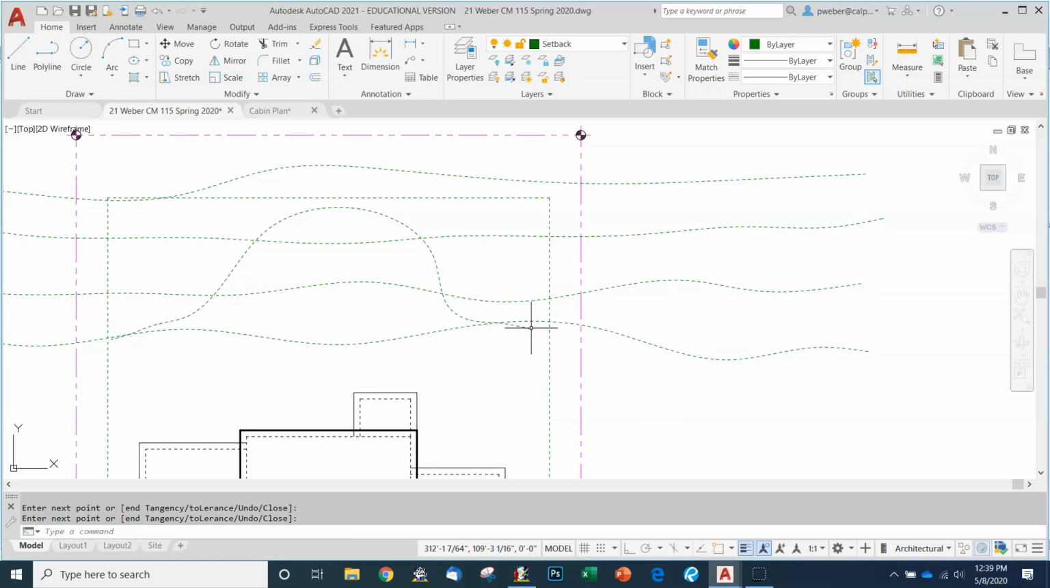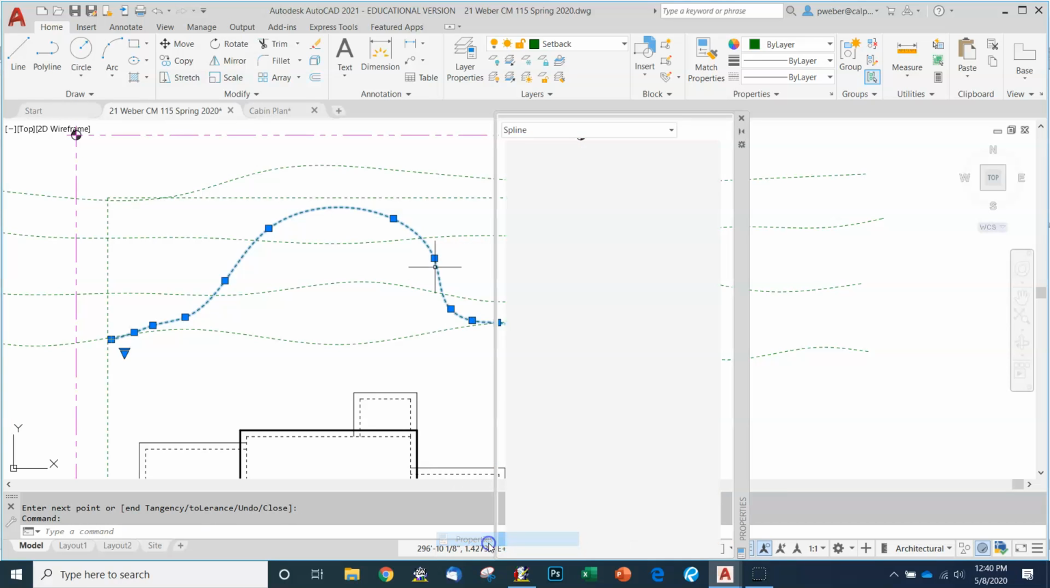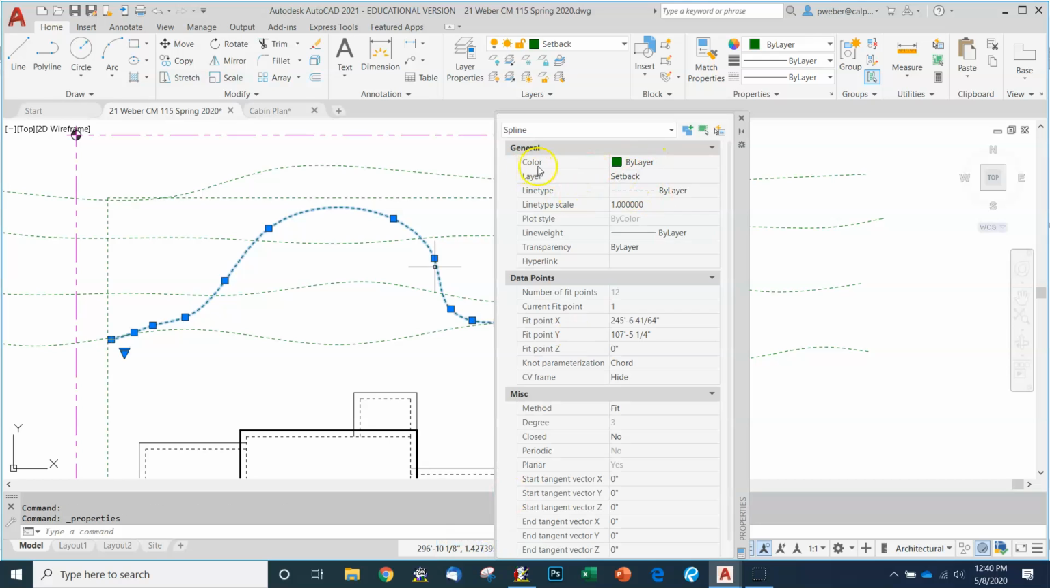Come in for a landing, press enter. Okay. Now, before I do the other ones, just so we can visually see what's going on, let's take this thing, right click, and change its properties. And I say, hey,